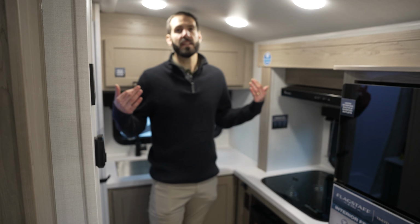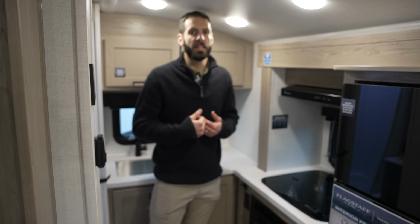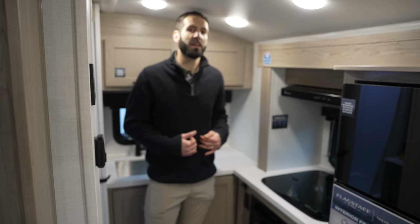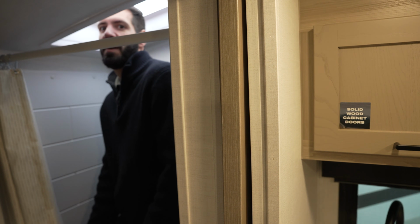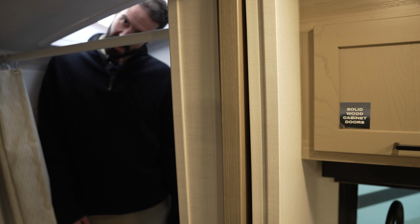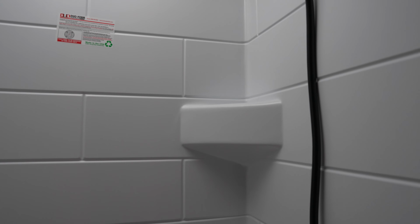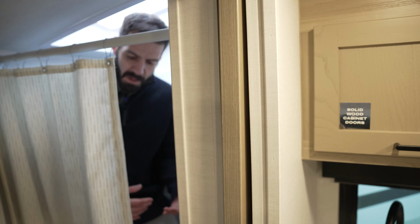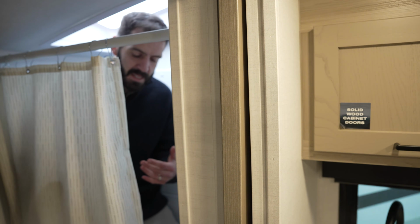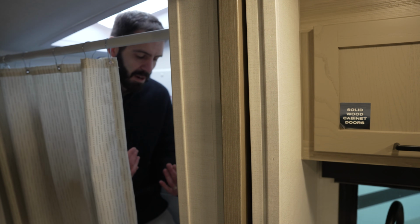Now, if you look at the head height, I'm about scraping my head on here, but remember that I'm 6'5", so make your judgment accordingly on how tall you are and how you would fit in here. All right, just again, to give you an idea, this is me standing straight up in the shower. I am obviously just going to have to shrink down a bit and make it work. But like I said, with this curtain, it's going to make it a lot easier to bump your arm up against it